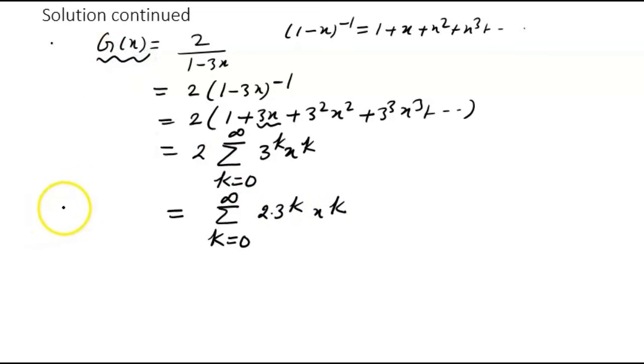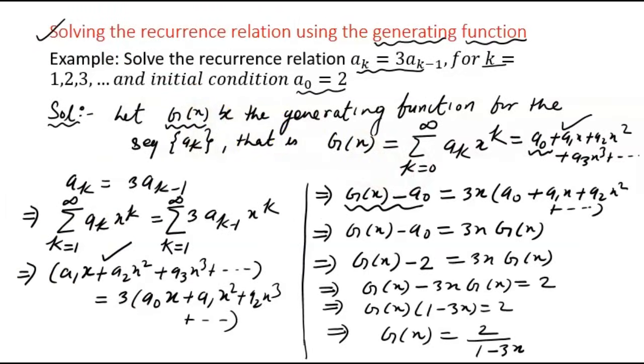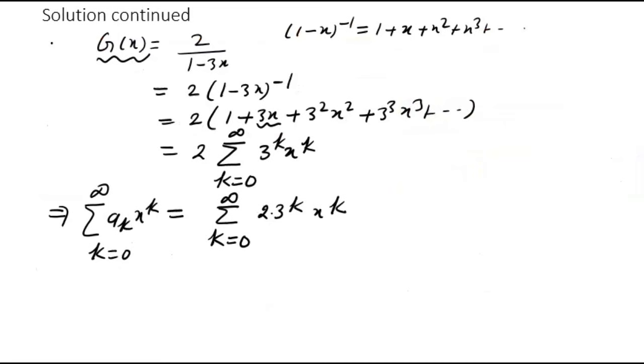But you remember the gx that I started with, the term ak x to the power k, k varies from 0 to infinity. I just want to show you that quickly. See, this is what we started with. You can see the gx term here, that k varies from 0 to infinity, ak x to the power k, and here we are taking this. Now you compare both sides. The summation is running from k is equal to 0 to infinity on both sides. You have the xk term here on the right hand side, and the xk term here on the left hand side. So if you compare both sides, you get ak is equal to 2 into 3 to the power k,